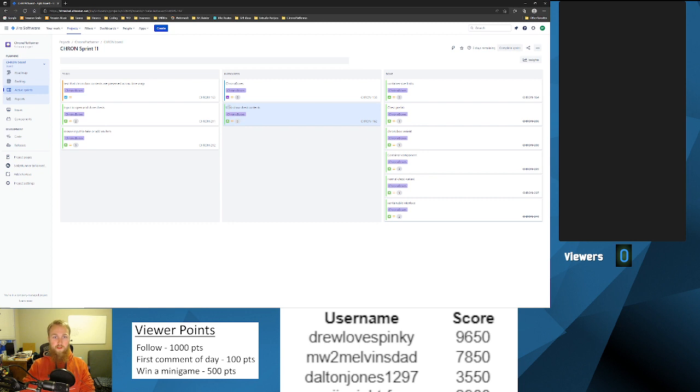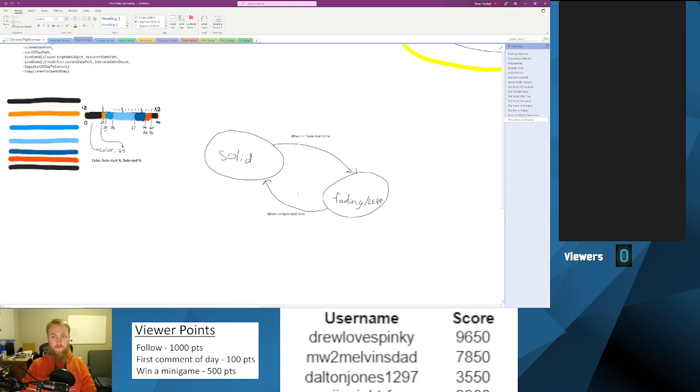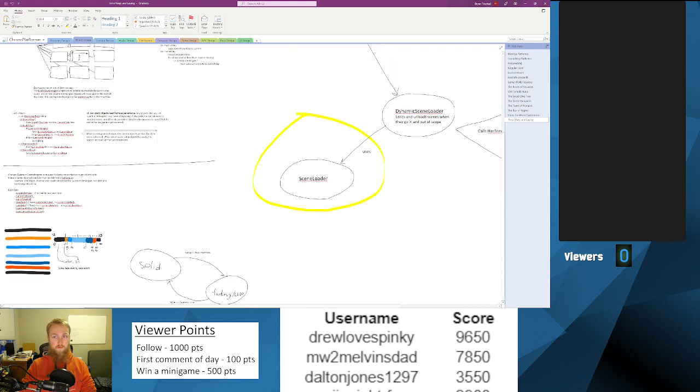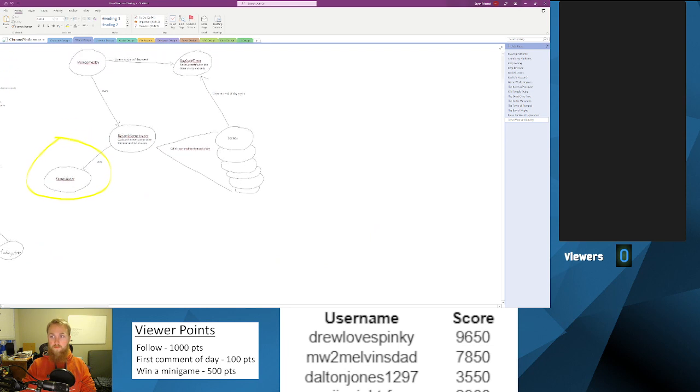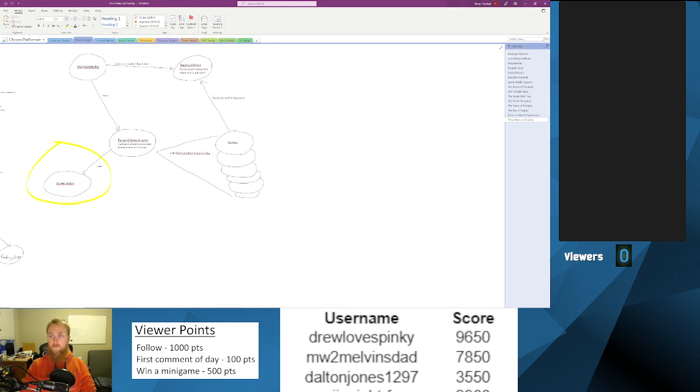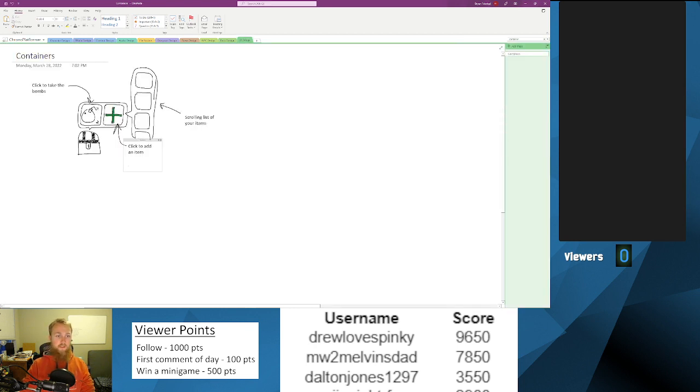So with a little bit of time I have left, I want to have some sort of UI to show the chest contents, and so I can go over to UI design. I've got this,